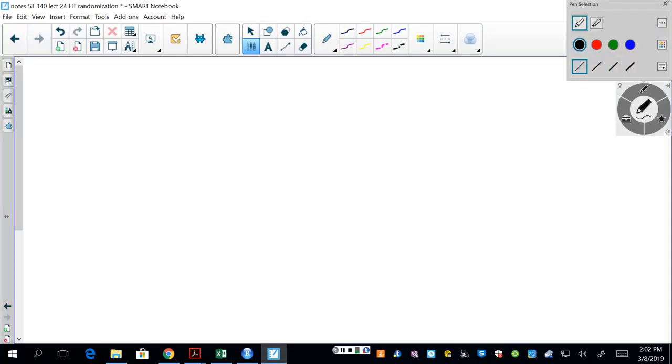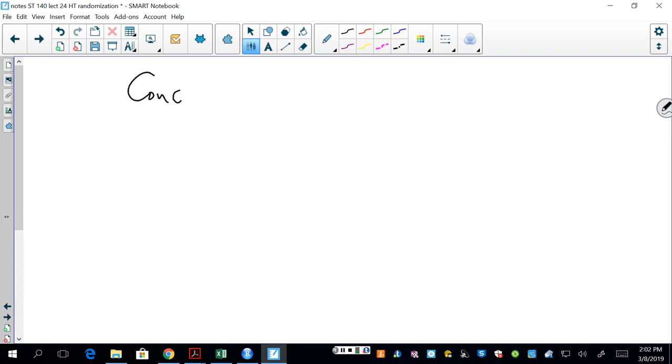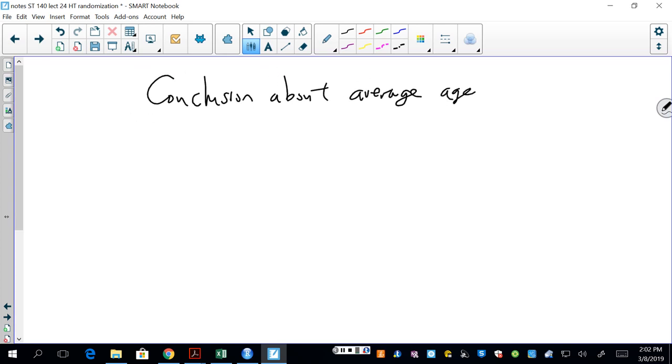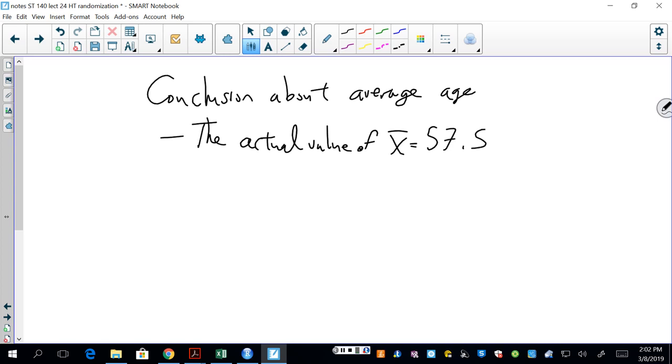So in this case, about the conclusion about average age, I'll phrase it this way: the actual value of X bar, which is 57.5 or so years of age, is very extreme